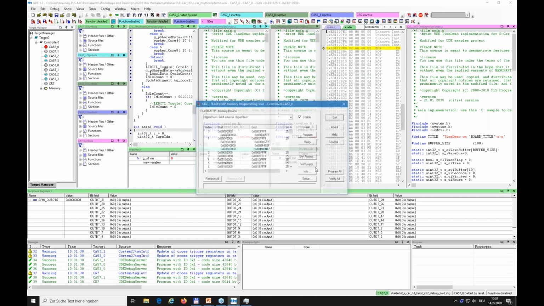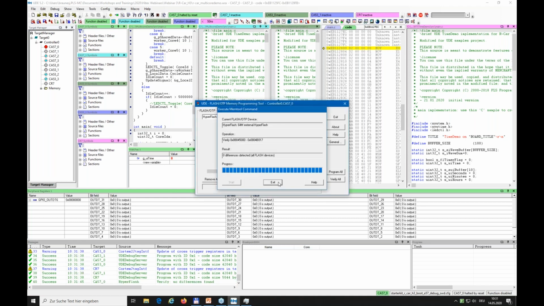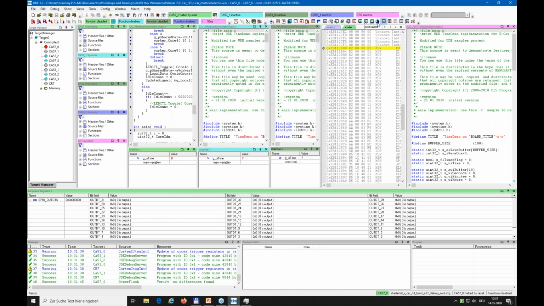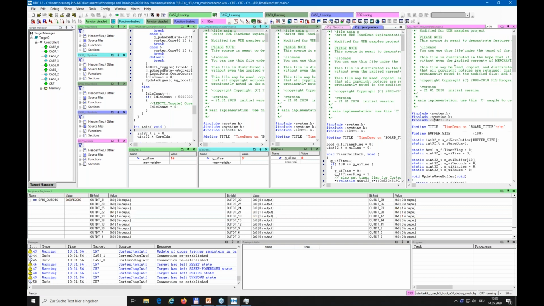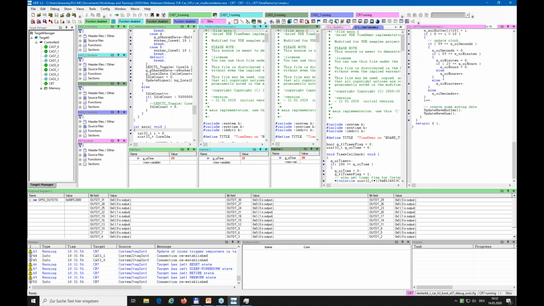Press OK, then the Flash tool gets opened. I'm quite sure that is the same application, so I can verify that without reprogramming it. Exit, exit, and then this window is not important, okay, and then I can start the application. So you see everything is running. We have some variables that are updating periodically, and this is a good indication of the core states. So if I set a breakpoint, for example, in the R7 core, we have here a